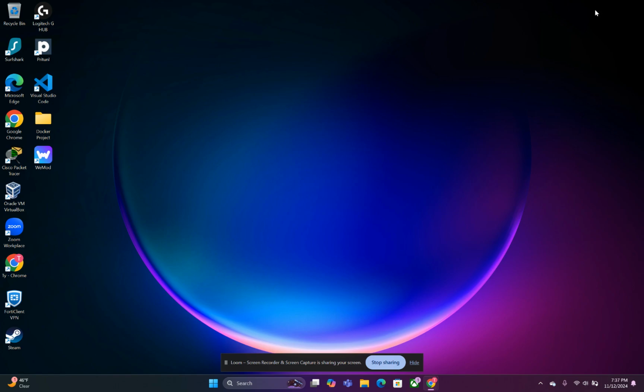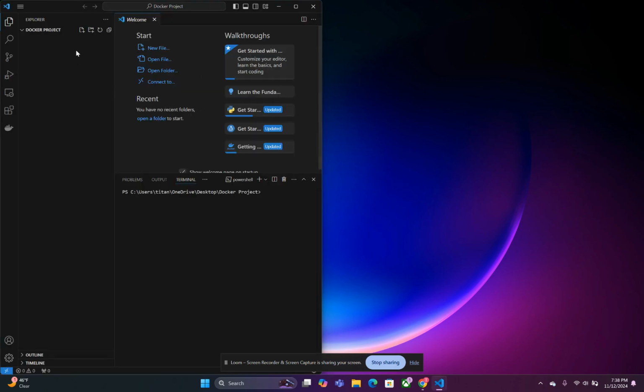We will be exposing a port and then using that same port to see the output that the Python Flask web application will return. So to start, first we'll go through Visual Studio Code, and then what we'll do is